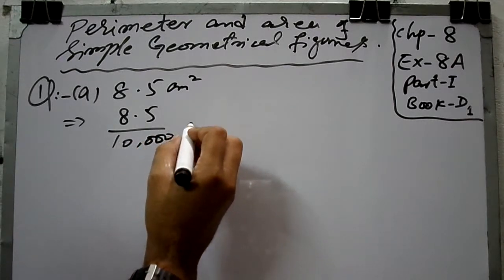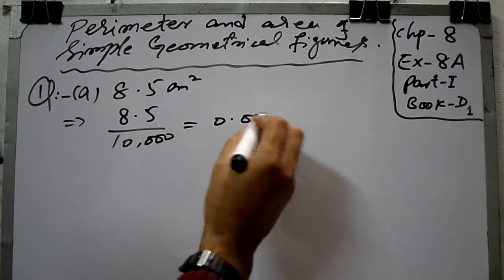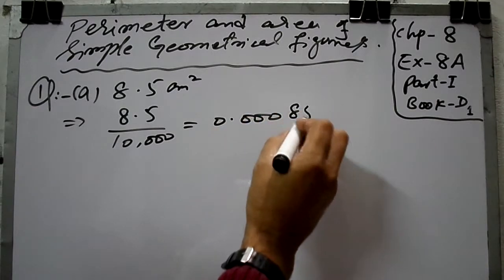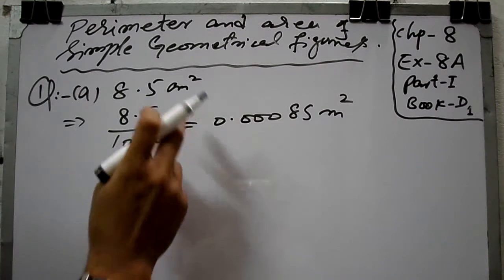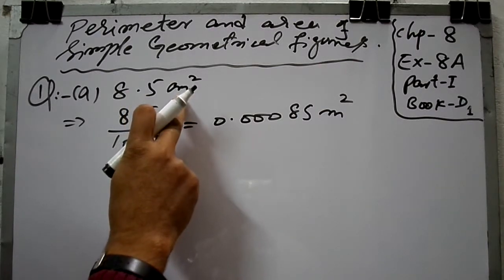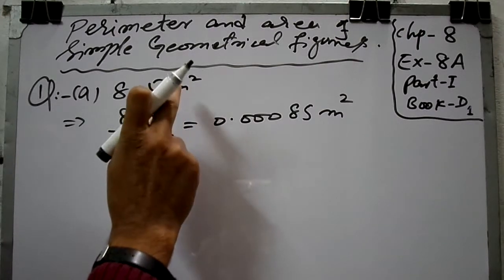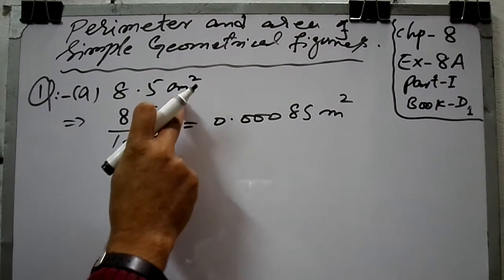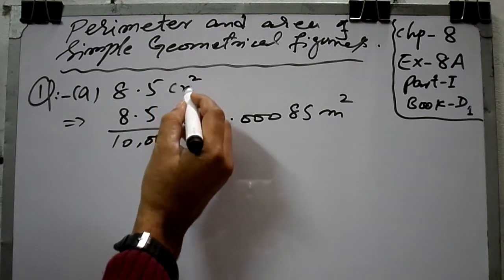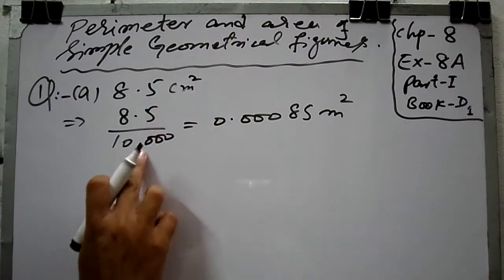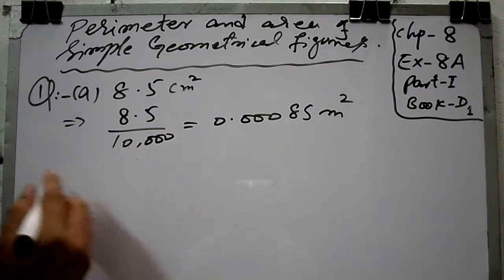So you will get 0.00085 meter square, because in 1 meter there is 100 centimeter, so centimeter is square, so that's why you have to divide 100 into 100, that is 10,000. Question number B,